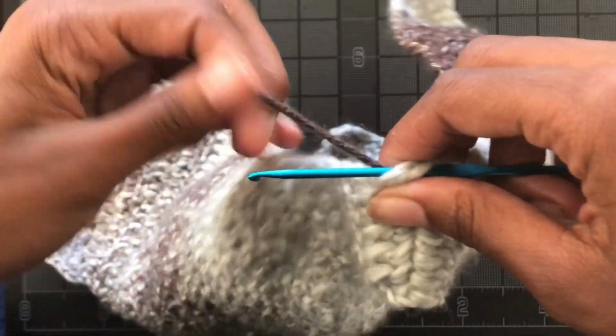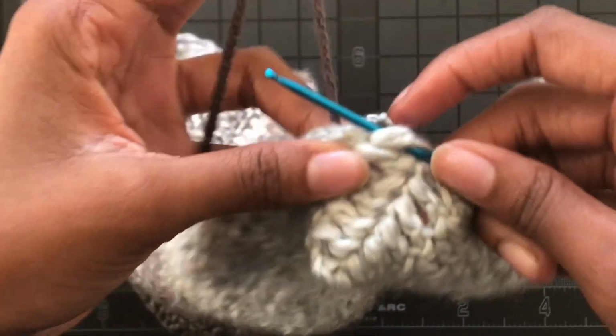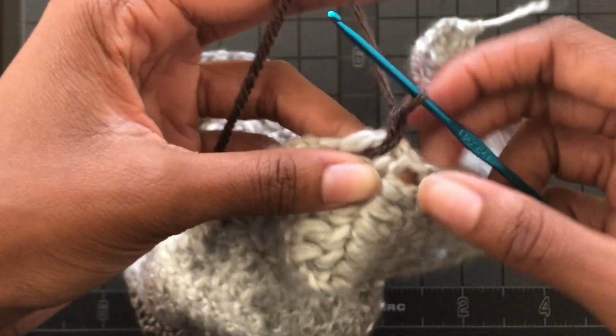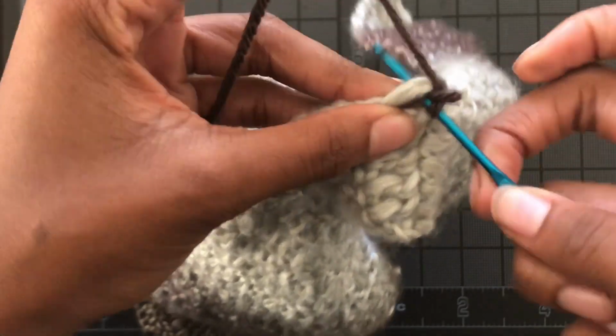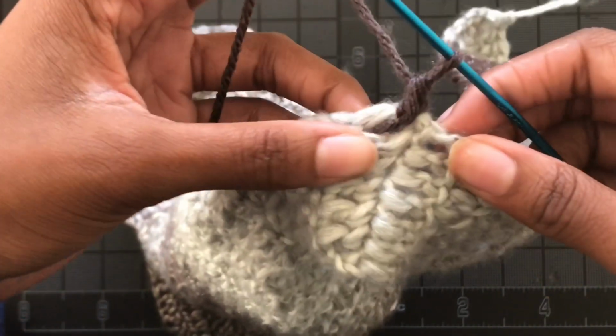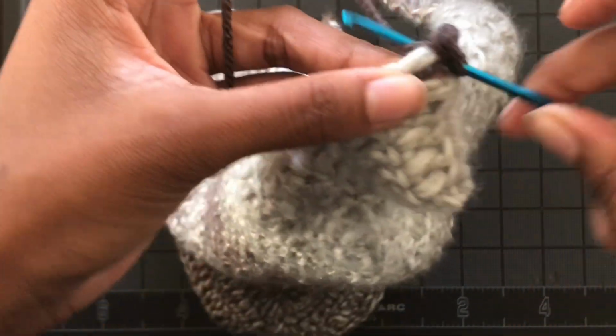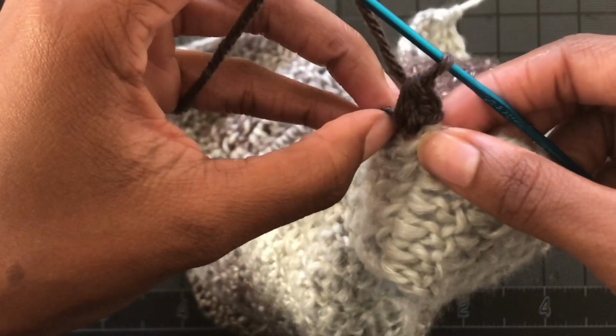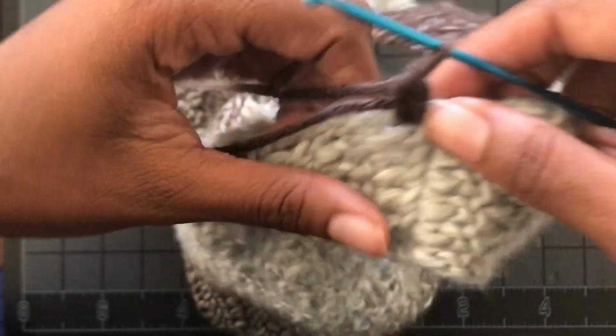So I just started, you can start anywhere on your work. I decided to start in the crotch area, and I'm adding my secondary color. And we're gonna just do the border with single crochets. It's really easy. You just do 2 single crochets in each double crochet space all the way around the border